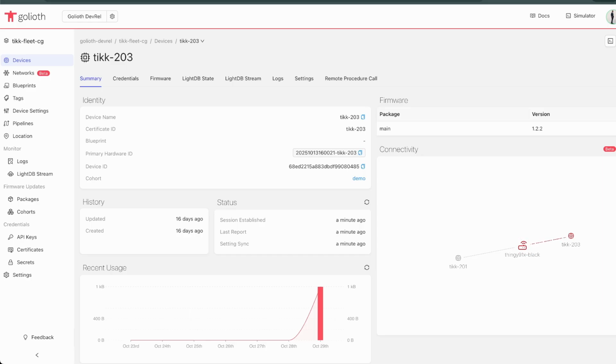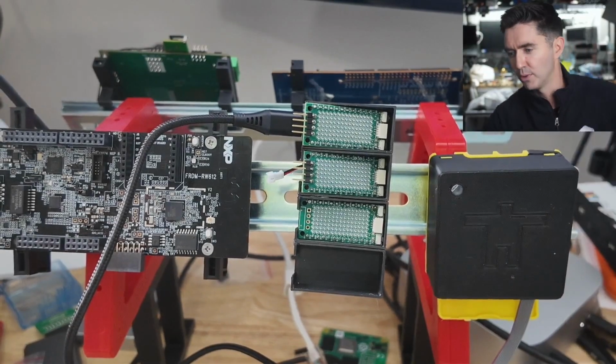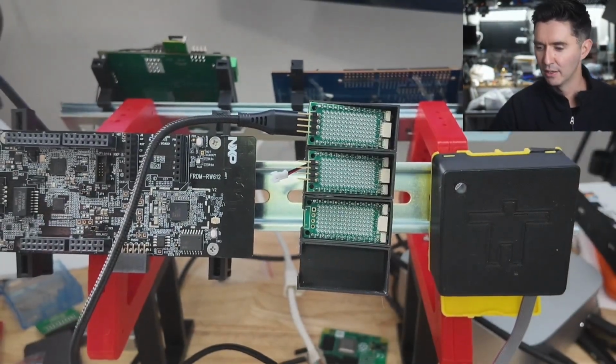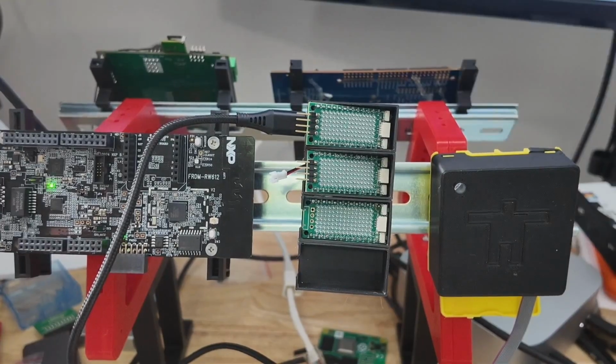Okay, let's go and proceed with the roaming now. All right, so pretty simple. I'm going to go and turn this one off. We won't really see any changes there. I'm going to go and turn this one